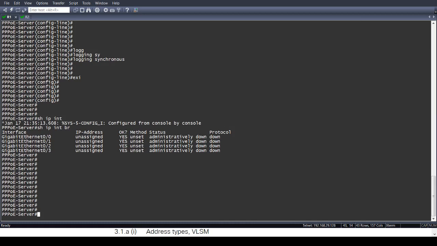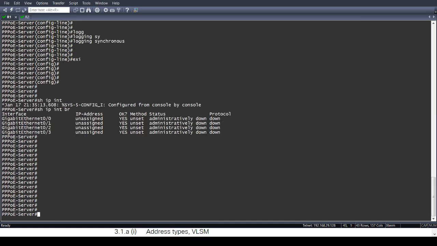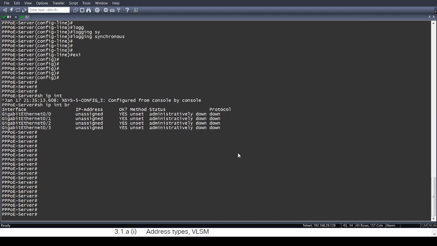On the server side, though, the configuration is a little bit more complex. We have to create first a BBA group and then the virtual template, and then tie the virtual template to the BBA group, and also tie the BBA group to our physical interface. And then we will be ready to accept the client-side dialer PPPoE messages and establish the connectivity. So let's do that. On the PPPoE server, before we do that, we have to perform